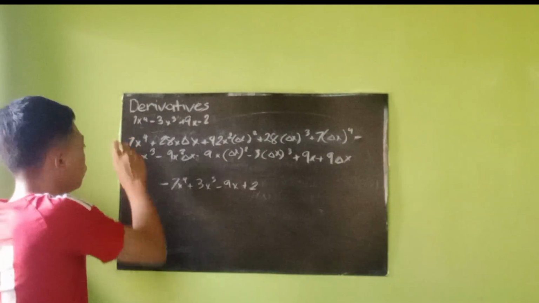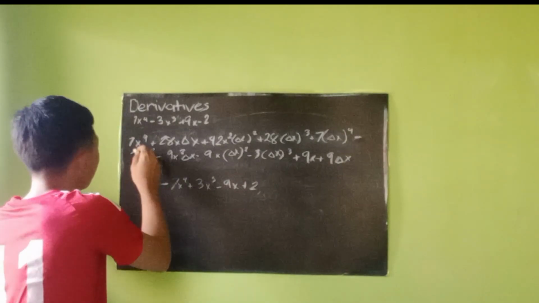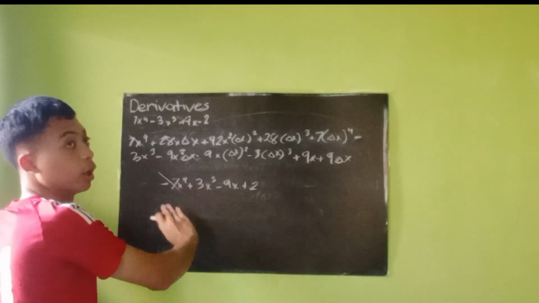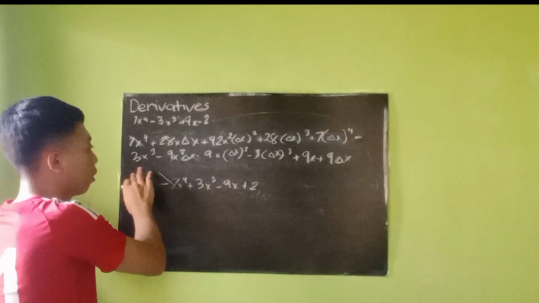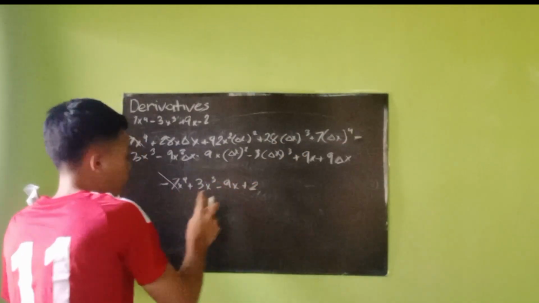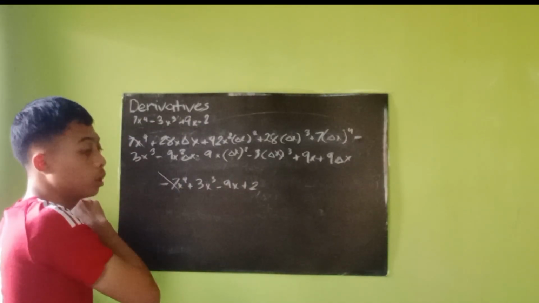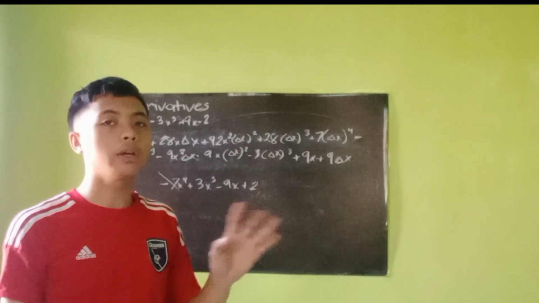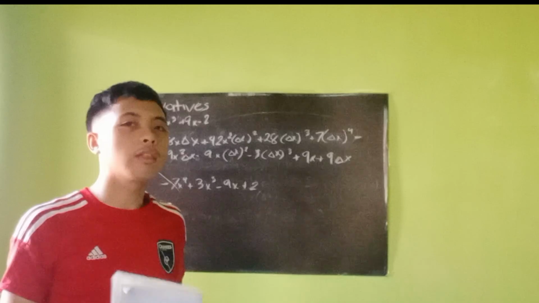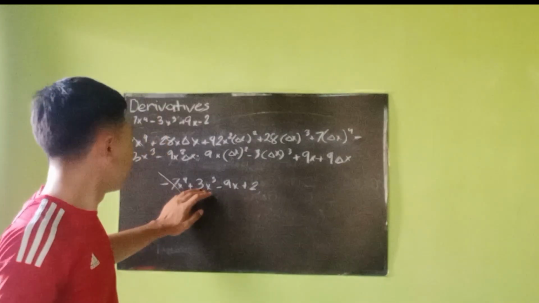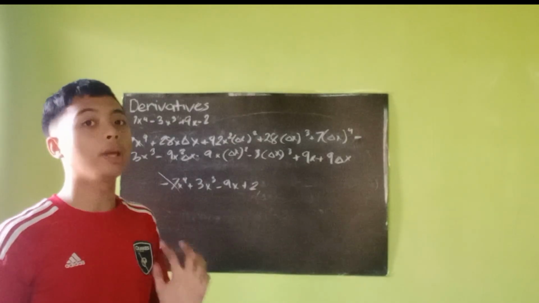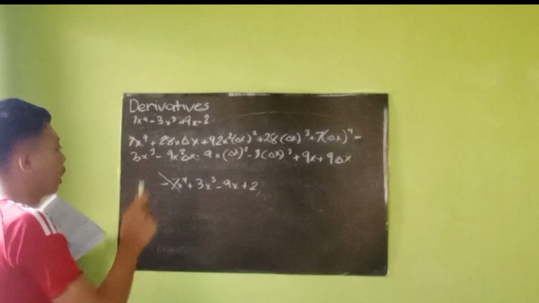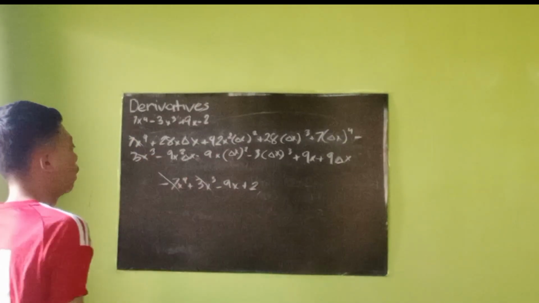So this one is positive, this one is negative, they're both the same. So now we can just push it down. Now let's find the opposite for the 3x cubed. So let's see. Oh, this one already has a negative. This one has a positive. So when two numbers have different signs but are the same number, the result will be zero. So this one is positive 3x cubed and this one is negative 3x cubed. So we can also cross it out.